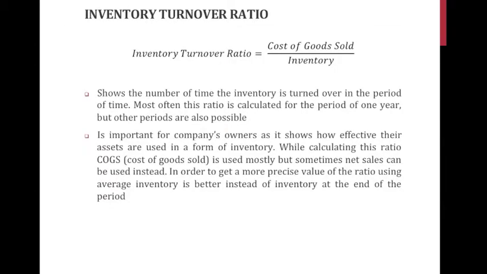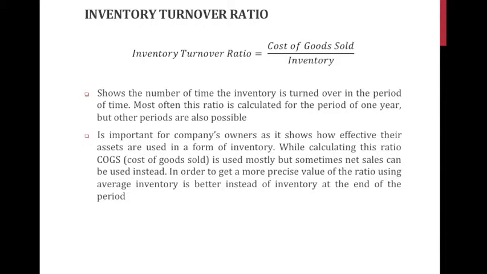And finally, the inventory turnover ratio. Here again, cost of goods sold is divided by inventory, and this indicator shows the number of times the inventory is turned over in a period of time. Let's say we have 4 turnovers per year, that means that on average it takes 3 months to sell our inventory, 12 divided by 4. And again, what indicator is good or bad here? The expectation is that this indicator should be somewhere in the interval between 3 and 4. But again, it depends very highly on the industry.